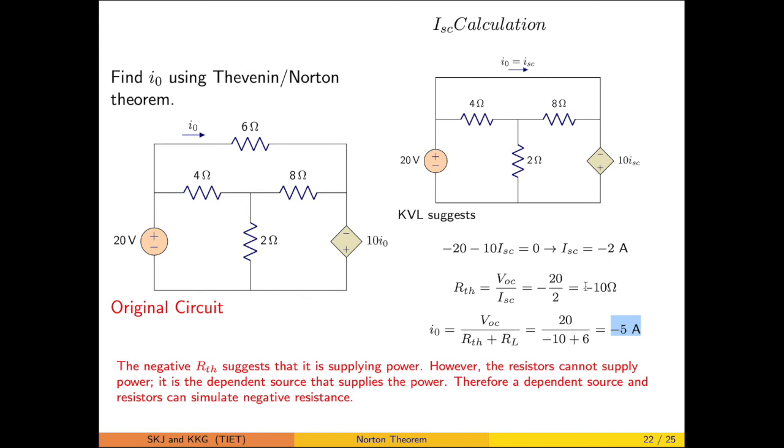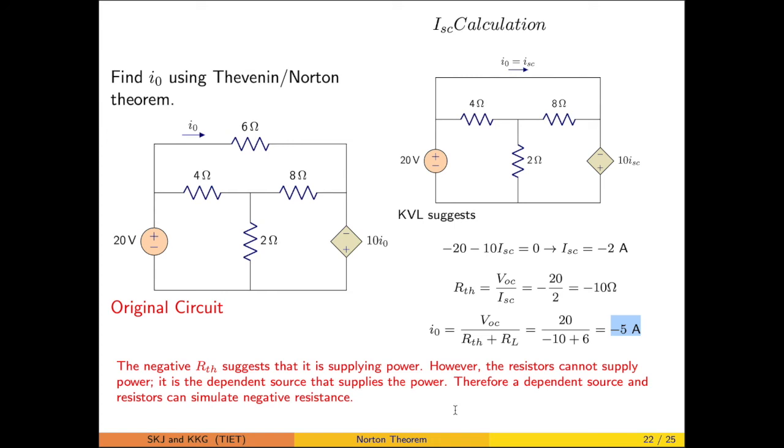So if suppose we are simply making the I square R, then the power absorbed will be negative, and that is suggesting that the resistance is supplying power. So it is difficult to understand or confront that the resistance is supplying. However, believe that the resistance is not supplying, this dependent source is supplying power. And ultimately, when we have solved the circuit by the procedure, the resistance value is coming out to be negative. So you can say this is another method, or one of the methods involving the dependent source to realize the negative resistance.